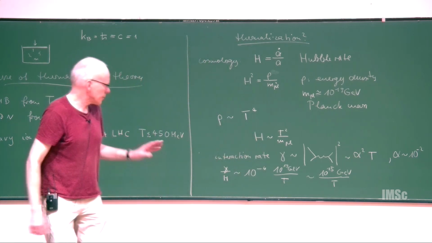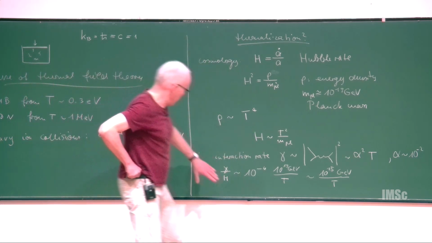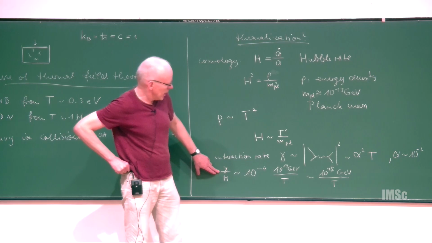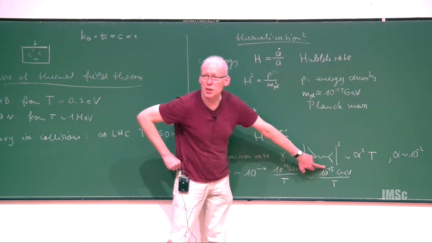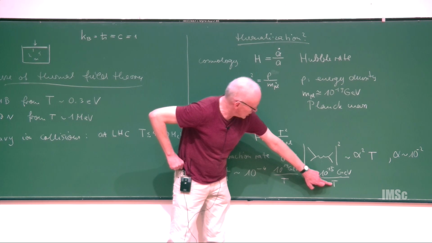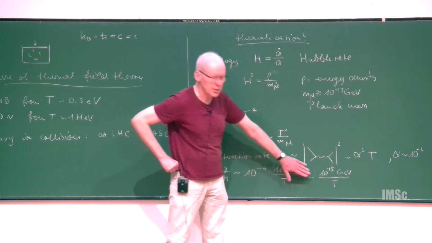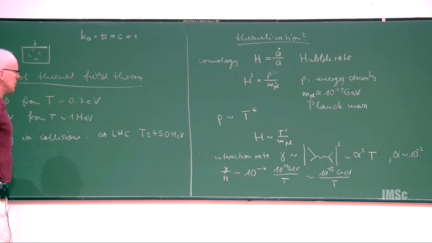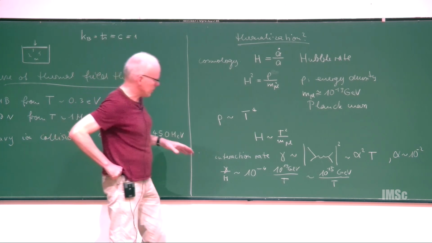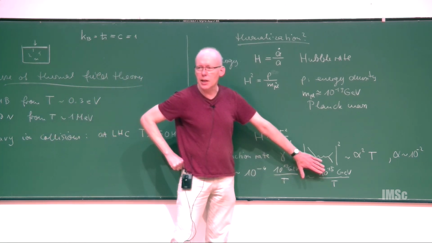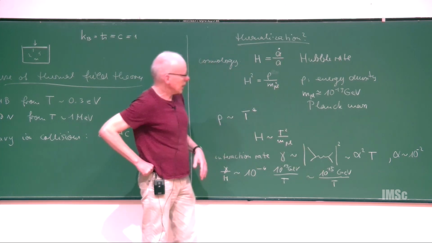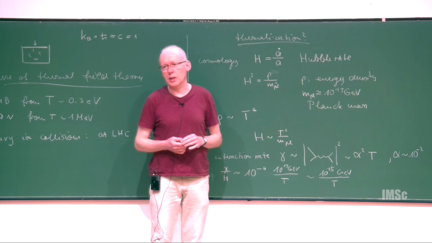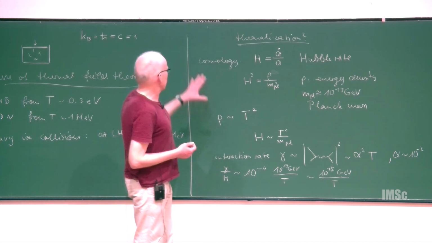Okay, so now if you want to have thermal equilibrium, this should be bigger than 1. And here you see, upstairs you have a huge number. And if the temperature is, say, at electroweak scale or so, this is really huge. And this explains why the CMB is such a nice black body, because the thermal equilibrium is just extremely good. Only if we get to this extremely high temperature, which is like near the GUT scale or so, then we may not be in thermal equilibrium. Okay, so this is cosmology.